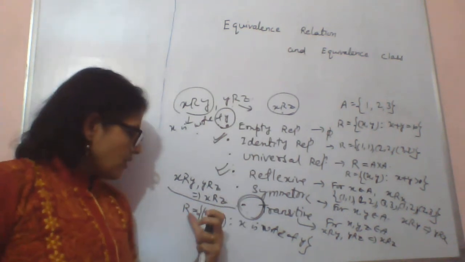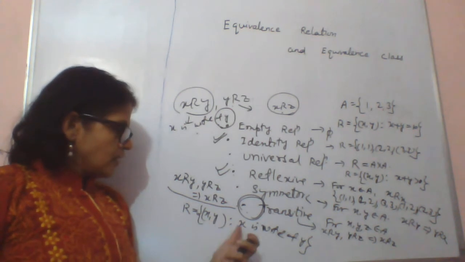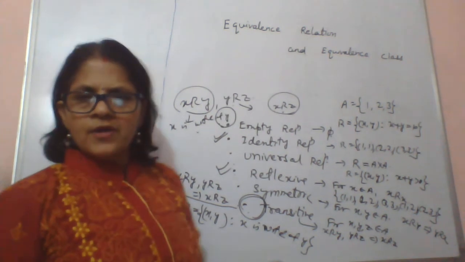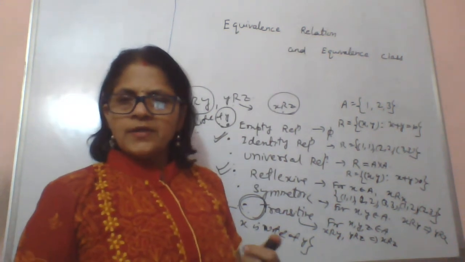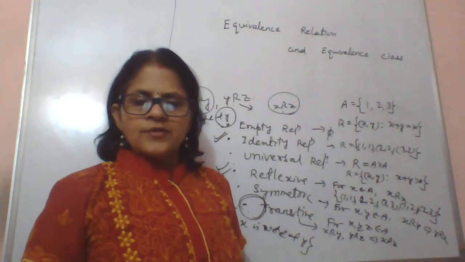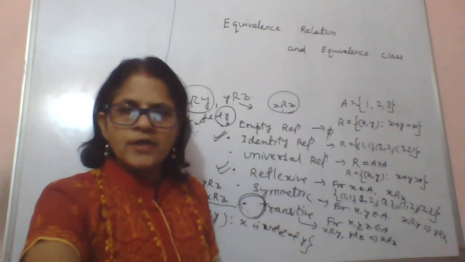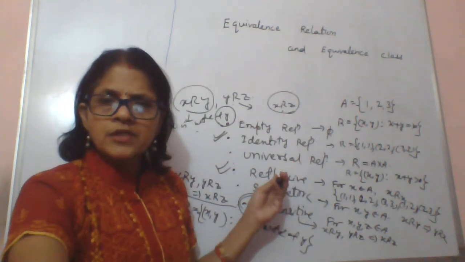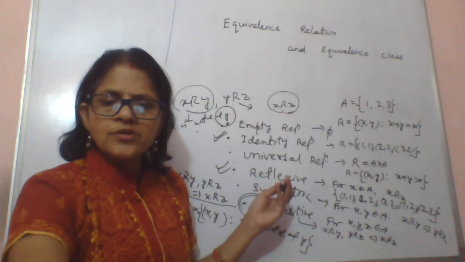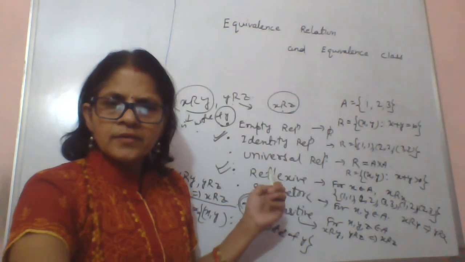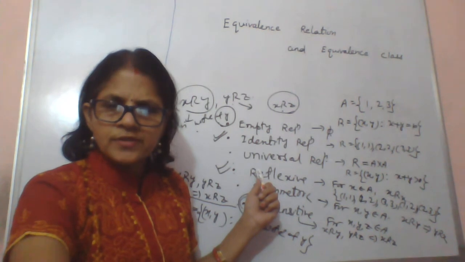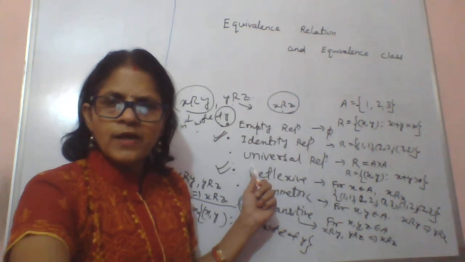So when we take the relation (x, y) such that x is wife of y, this relation is neither reflexive nor symmetric, but it is transitive. This is one of the cases I just wanted to tell you. Also, we have done that when a relation is reflexive, symmetric and transitive, it is called an equivalence relation. Now we will take one question on proving a relation is an equivalence relation and how to do this, and next we will come to equivalence class.